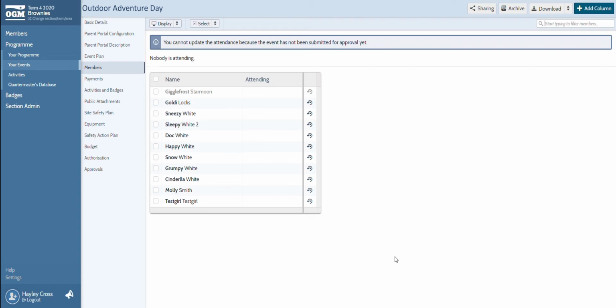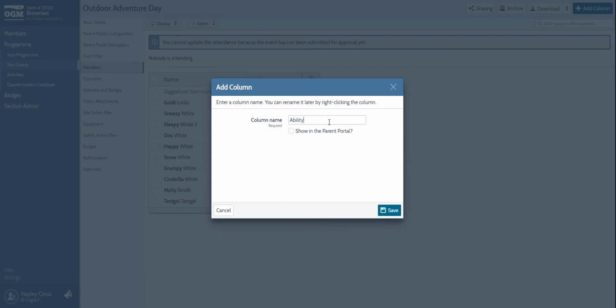Right, it's automatically sent to the Members tab. This is where we can add extra columns to ask parents for more information. For example, can they transport any girls?